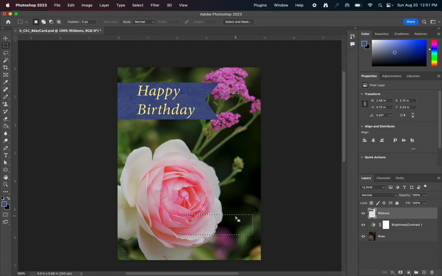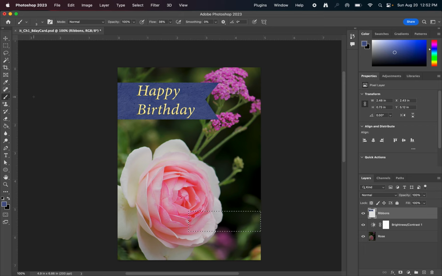Okay, that's close enough. And we're going to move this to the corner somewhere about here. Once you let go, because you're clicking and dragging to draw your rectangle, you can actually move this around. So we're going to move it to the corner right here, or the edge. And then we're going to switch to our brush tool,